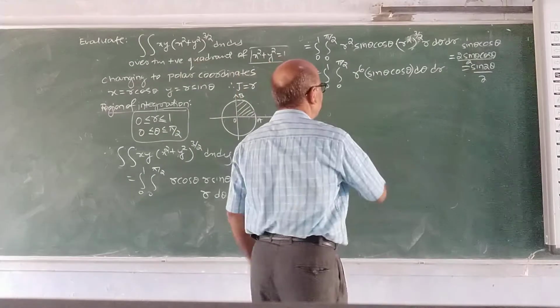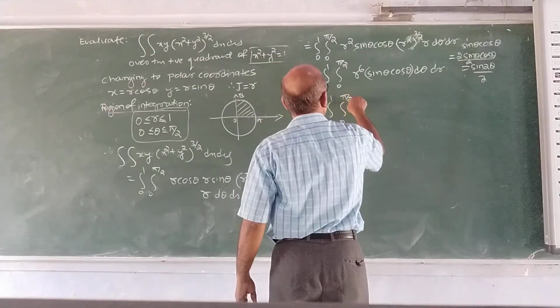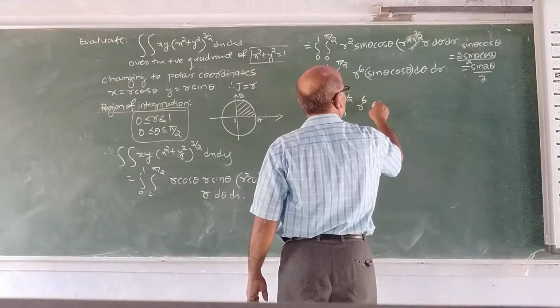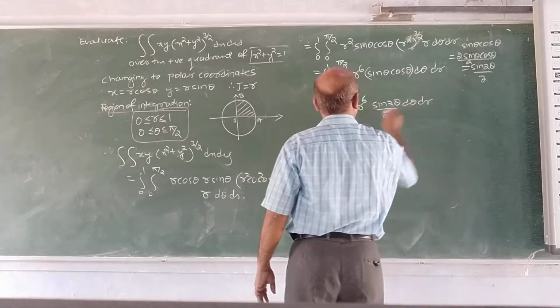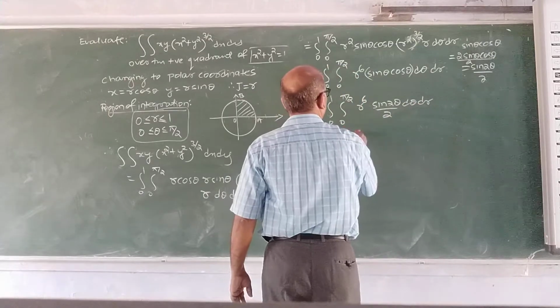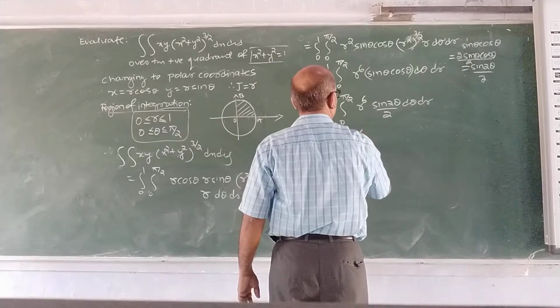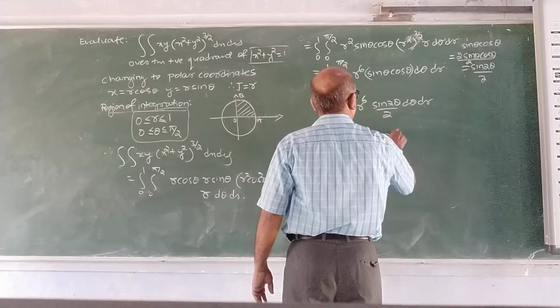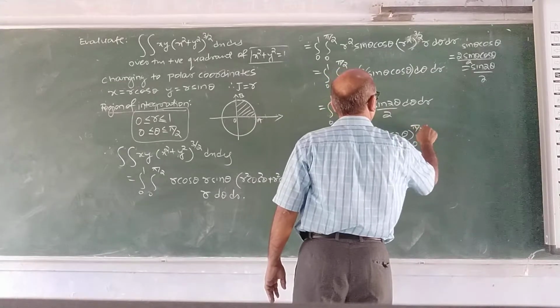What is sin 2 theta integration? 0 to 1, 0 to pi by 2, r raised to 6 sin 2 theta by 2 d theta dr. 0 to 1, r raised to 6 by 2 times minus cos 2 theta by 2, 0 to pi by 2,